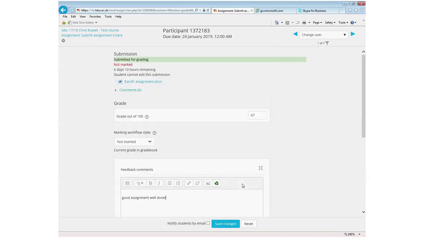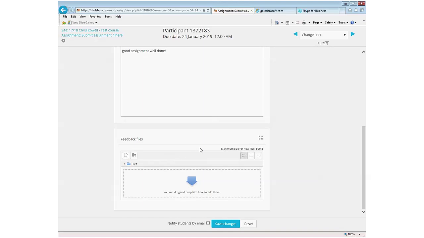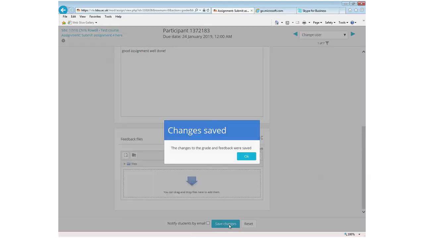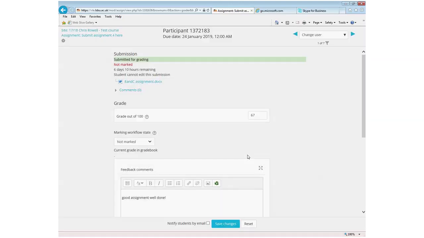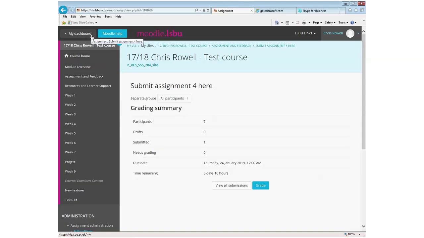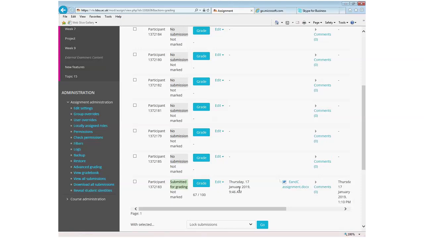So once you've done all of that, so you've put a grade, given some feedback, and maybe uploaded the student's piece of work with comments on it, you just hit the Save Changes button at the blue box at the bottom of the page, and then it gives you confirmation. Hopefully you can see that a little box pops up in the middle of the page that says Changes Saved. Okay, so now if I go back to the assignment and view the class's grade book, I can see now